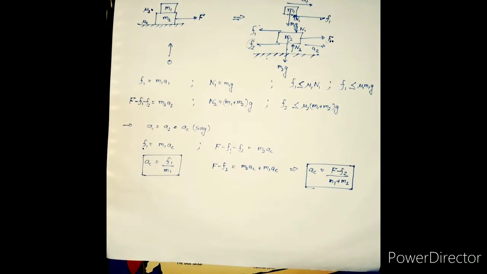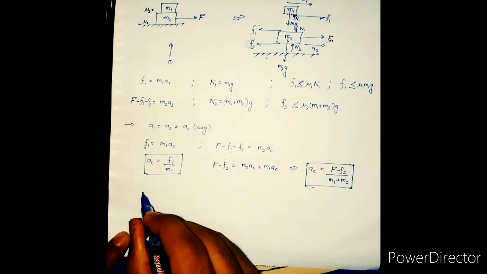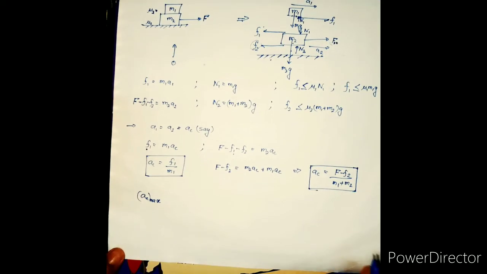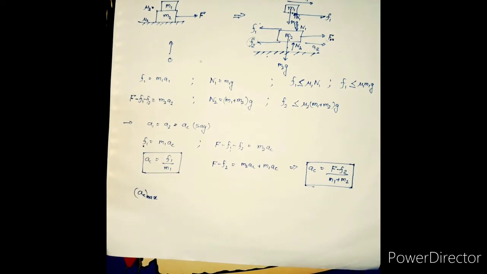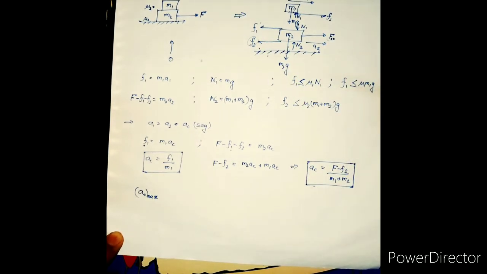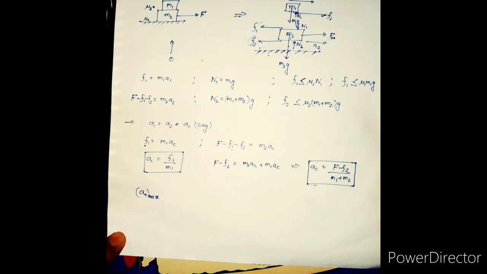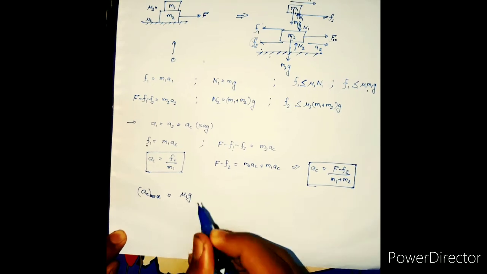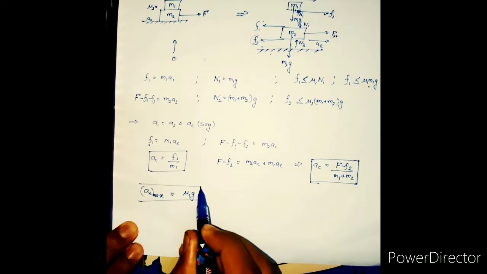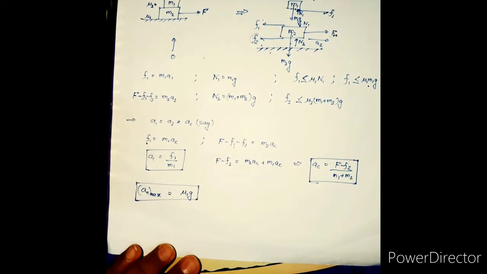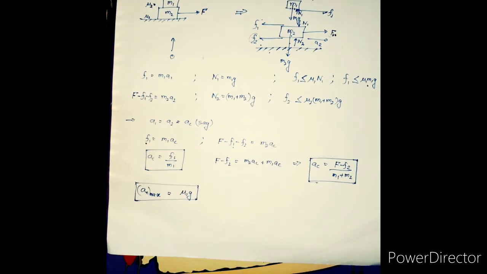Now there is a limit for the common acceleration. Both blocks will move together, but up to some limit. I'm taking it as AC max. And what would be the value of this AC max? When we are getting the AC max, the two frictional values F1 and F2 would be at their maximum ranges. So I am taking F1 as maximum, mu1 m1g. What I will get? AC will be equal to mu1g, as m1 will be cancelled. This is the maximum acceleration of the two blocks moving together, right? This is mu1g.